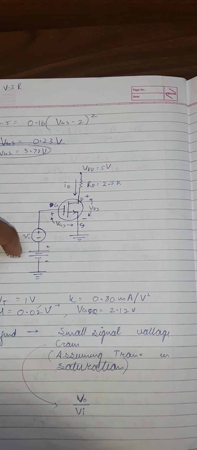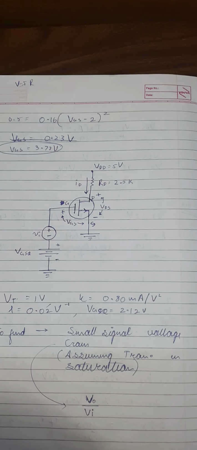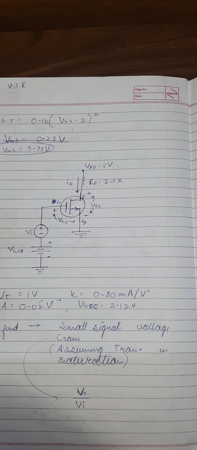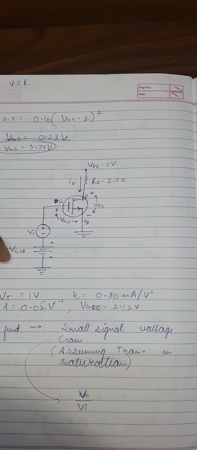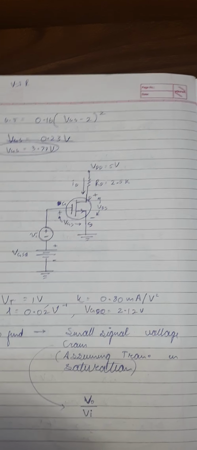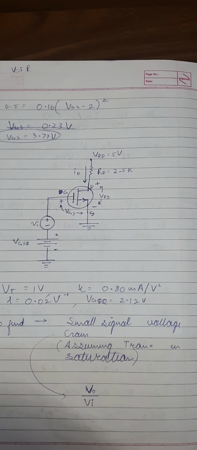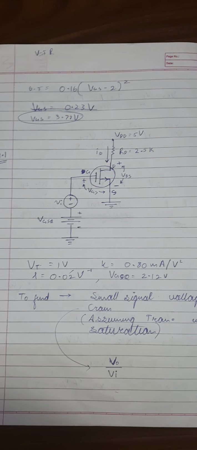Small vi denotes the AC input, with positive and negative terminals, and the circle denotes the AC input. Here is the DC input with positive and negative terminals; the bar basically denotes the DC input, capital VGS at the Q point. Here is the grounding. This is the circuit, and for further reference you can take a screenshot of it. Here are the given things for the numerical to be solved.